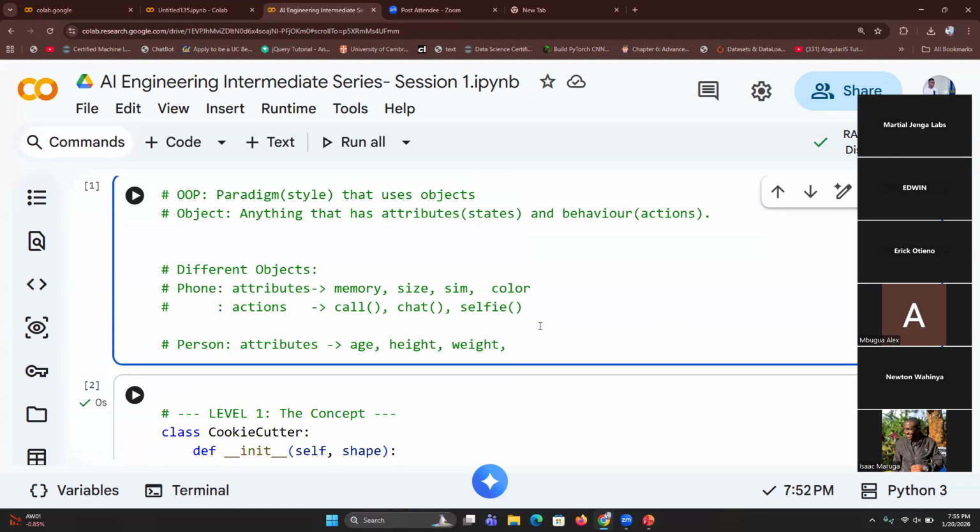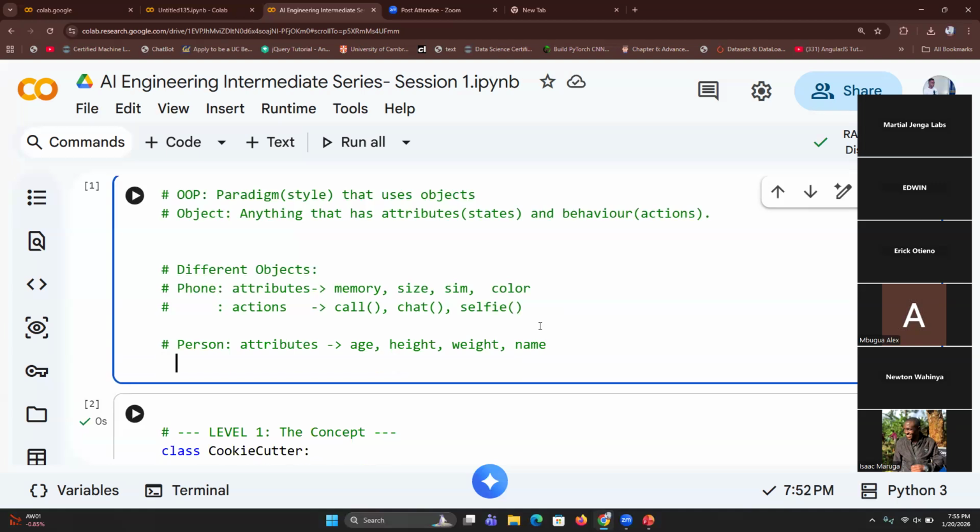People have attributes of weight. What else? Yes, your name. Yes, a name is an attribute, and so many other things that people have. So these are what we call attributes. And then, apart from the attributes, a person